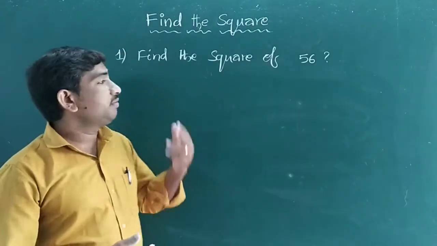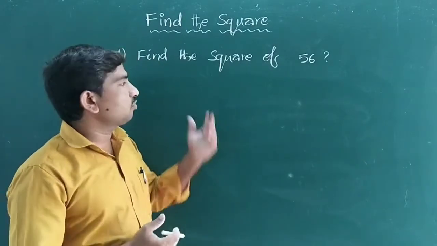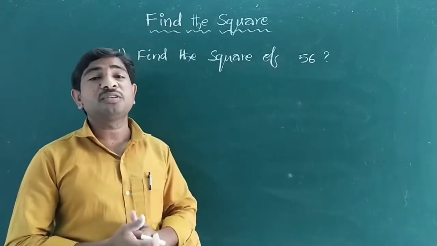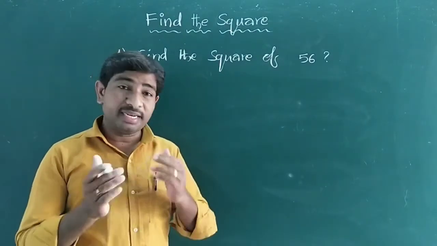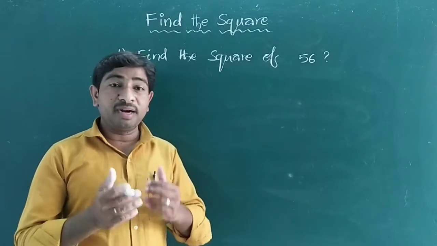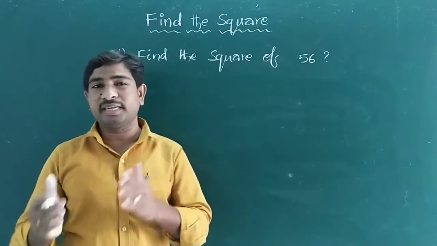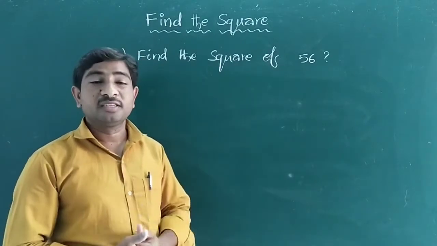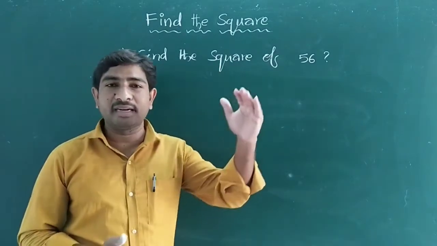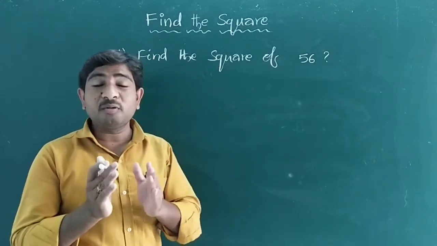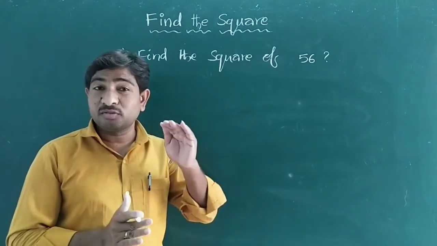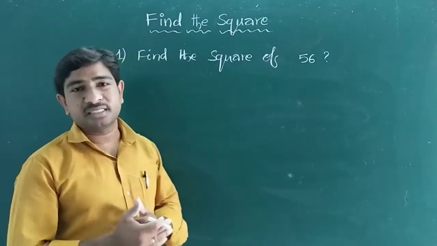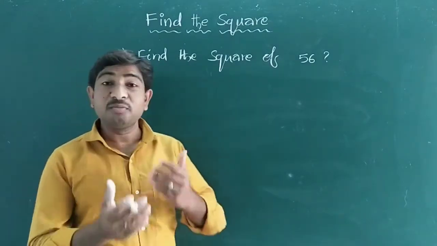Okay, now we will see one more example problem: find the square of 56, without using the Nikhilam method. The Nikhilam method is very easy when the number is near 10, 100, 1000 or 10,000, because the bases are only 10, 100, 1000, 10,000. But what about the middle numbers, which are far from 100 or 10? In such situations we can use one more method.